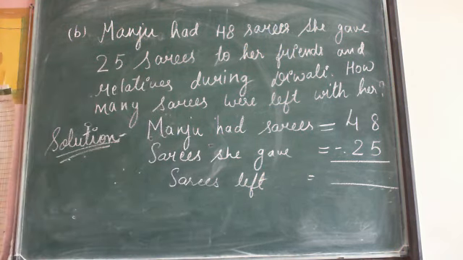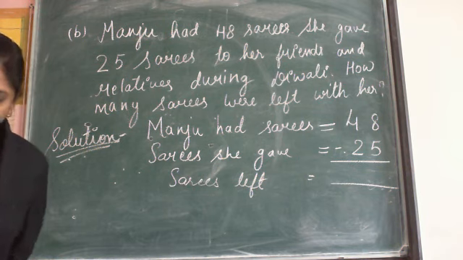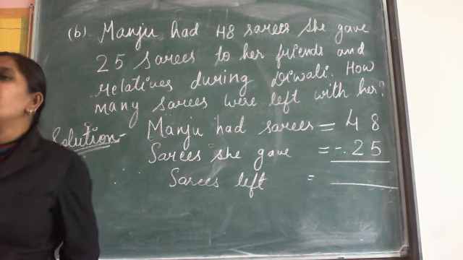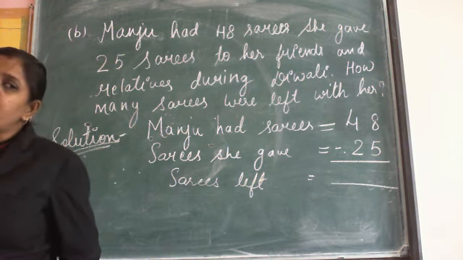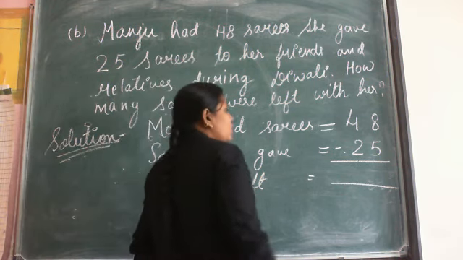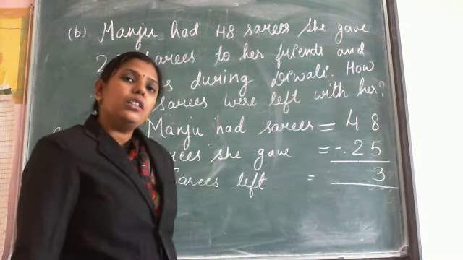We always start subtracting from the ones place digit. First identify the digit at the ones place. The ones place digits are 8 and 5. So subtract 5 from 8. Take out 8 fingers and close 5 fingers. Now count the remaining fingers. The remaining fingers are 3. So 8 minus 5 is 3.